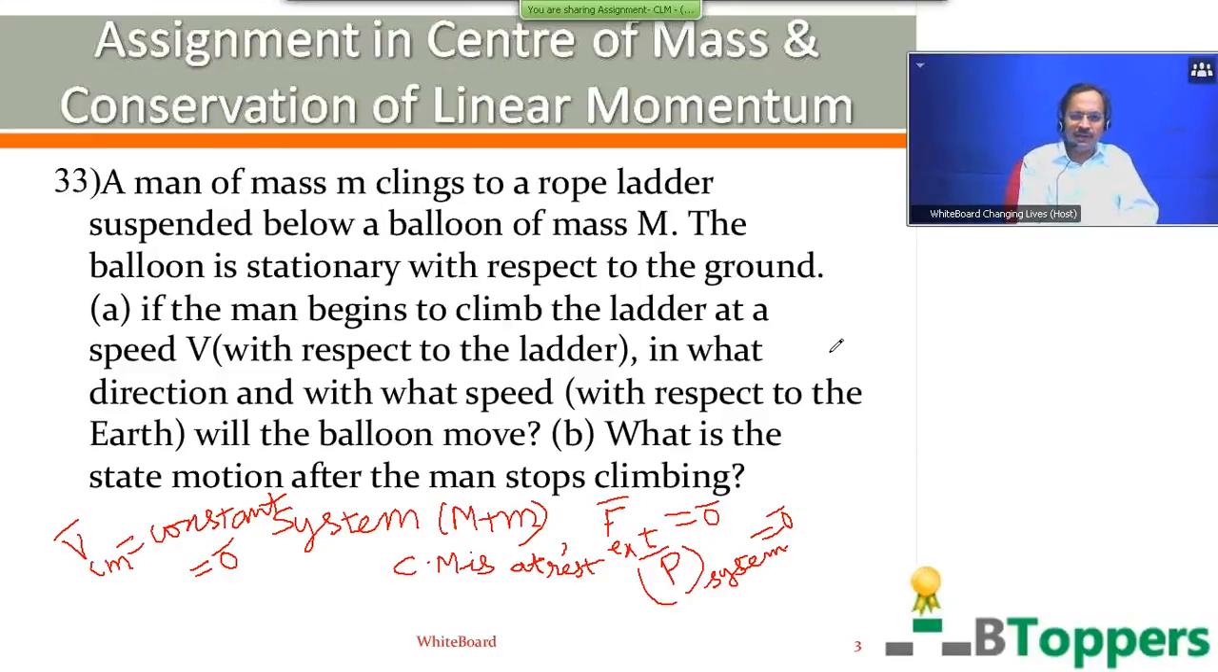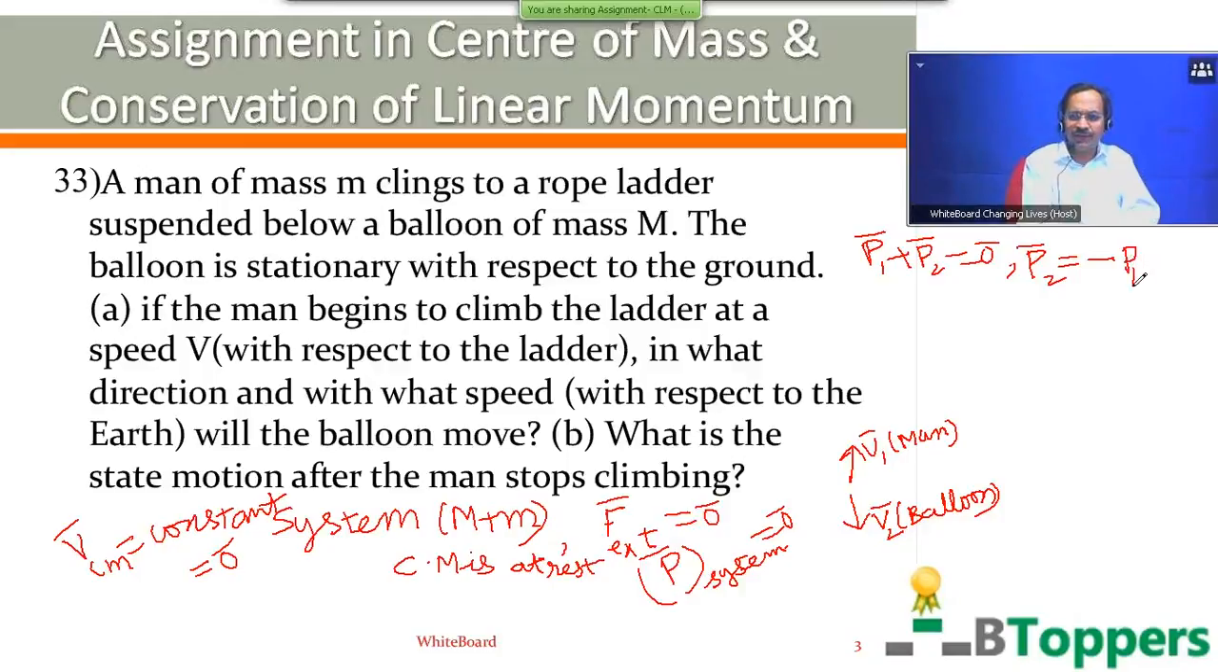That means V1 bar is the velocity of the man with respect to a stationary observer on the earth. Let V2 bar denote the velocity with which the balloon starts moving with respect to a stationary observer on the earth. Here the resultant momentum of the system of the man and the balloon is 0. That means the vector sum of the momentum of the man and the momentum of the balloon is 0. The vector sum of the momentum of the two masses becomes 0